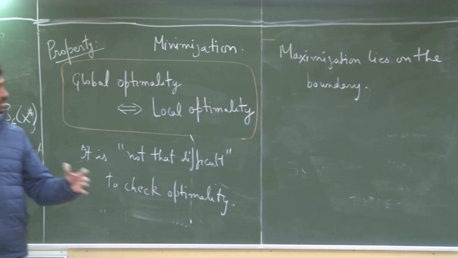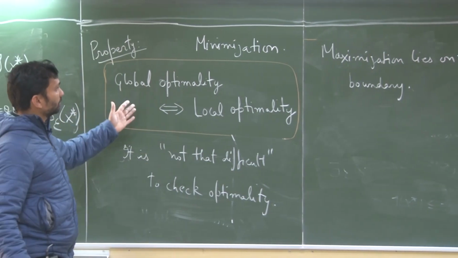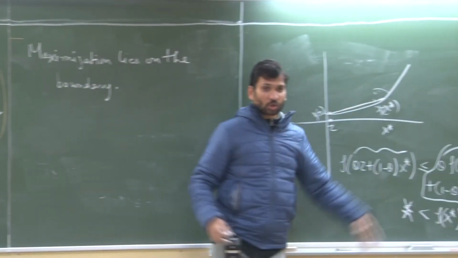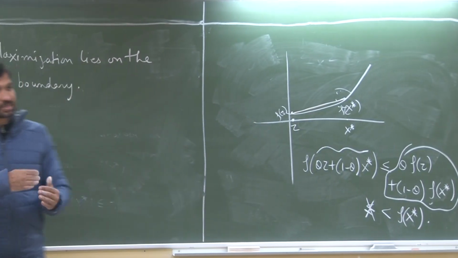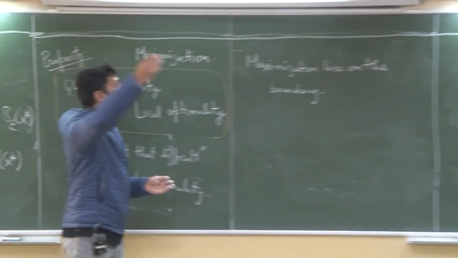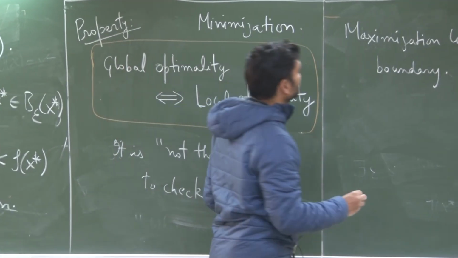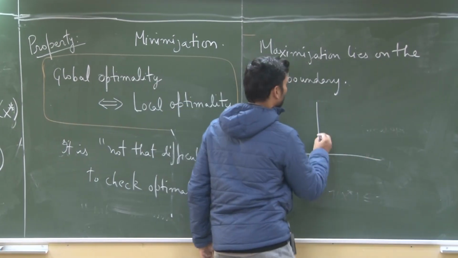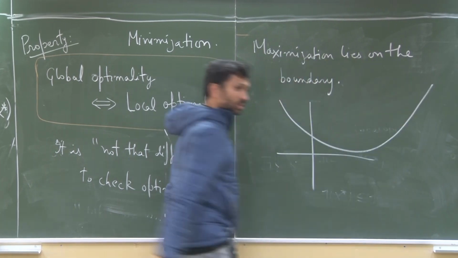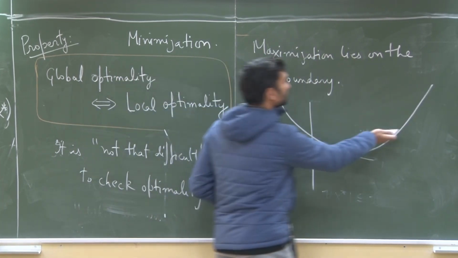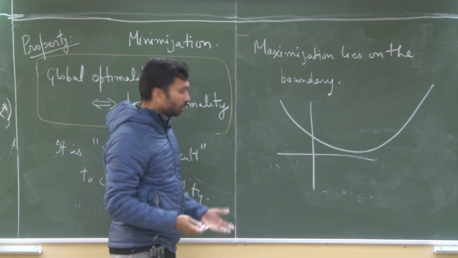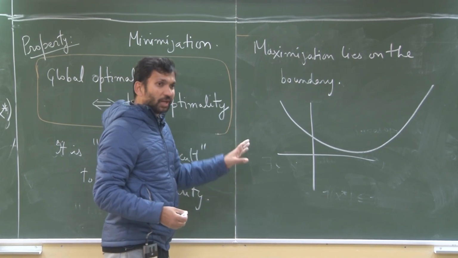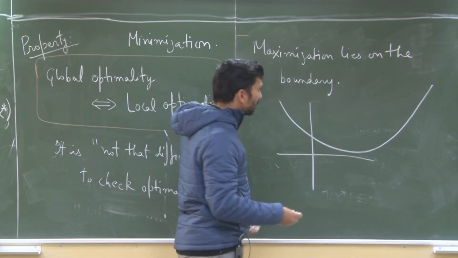If you want to minimize, global optimal is same as local optimal, but if you looked at all the shapes for the convex functions, the maximum always lies at the boundary. And this is clear from the picture. If you have a convex function, the function keeps increasing and the maximum lies on the boundary. I will not prove it, I will give it to you as an exercise, but the simple idea is